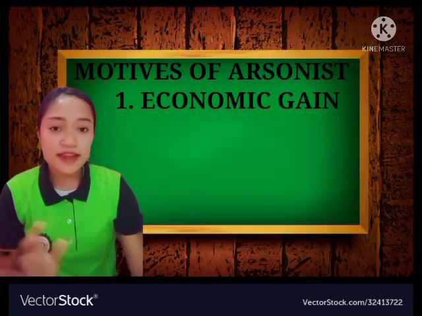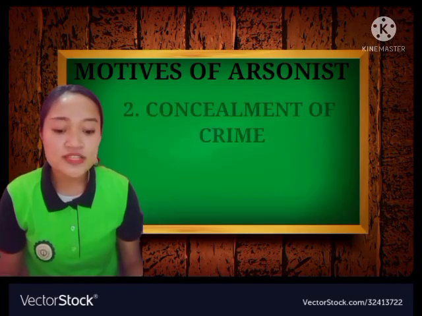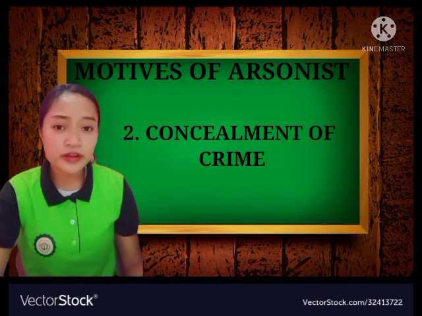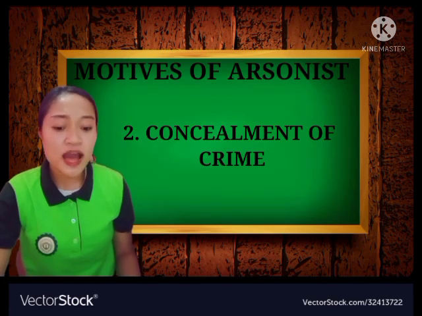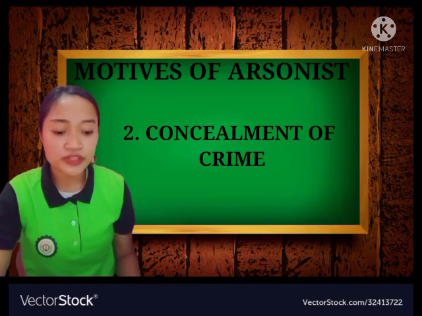Now, let's go to the concealment of crime. So we are now on concealment of crime. The arsonist may set fire to a building in order to conceal a projected or past crime, because he may wish to divert attention in order to loot the burning premises or steal in other places. Or the burning may be for the purpose of destroying evidence, because the perpetrator or the arsonist hides something